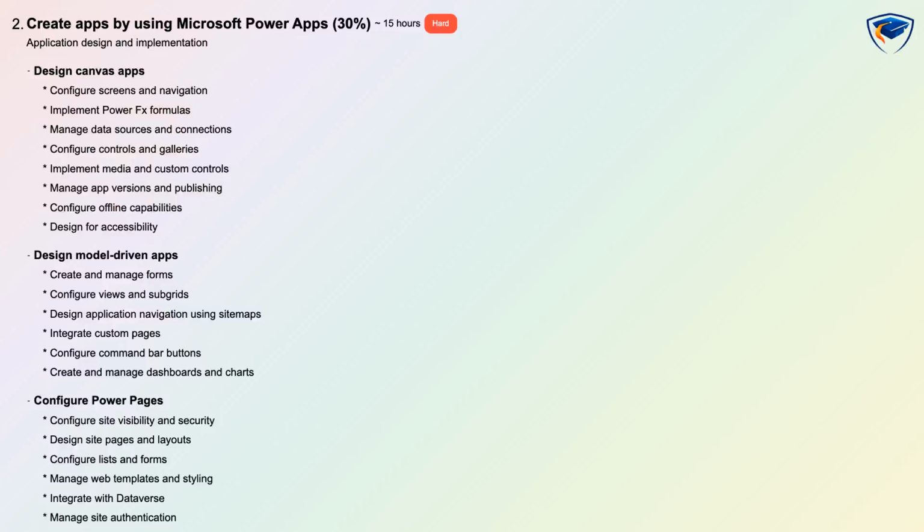For model-driven apps you will create forms and views, design sitemaps and navigation, add subgrids and dashboards, integrate custom pages, and configure command bar actions, and you will also cover Power Pages site design, security, lists and forms and integration